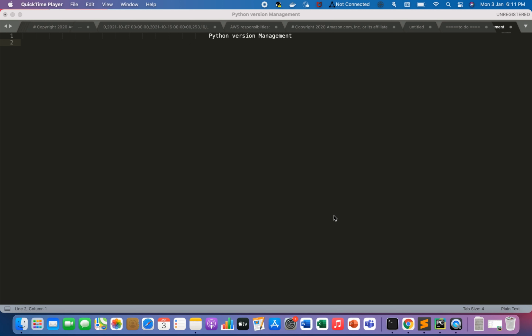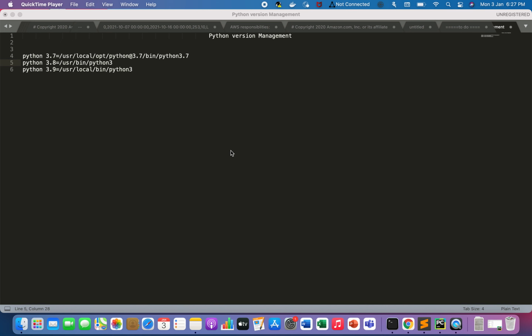Before that, let me show you how many Python versions I have in my system. We will switch back and forth between our Python versions, and it will be only a set of two commands that we will be using, and nothing else, no export variables. Okay, so let's start with the Python versions that I have now in my system.